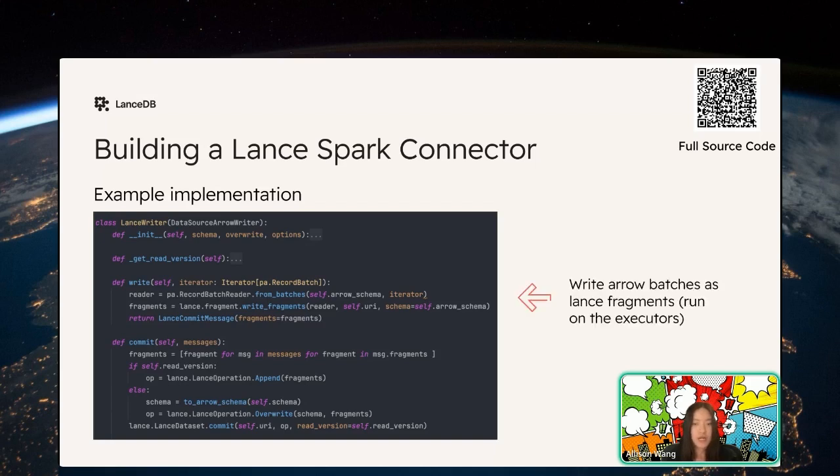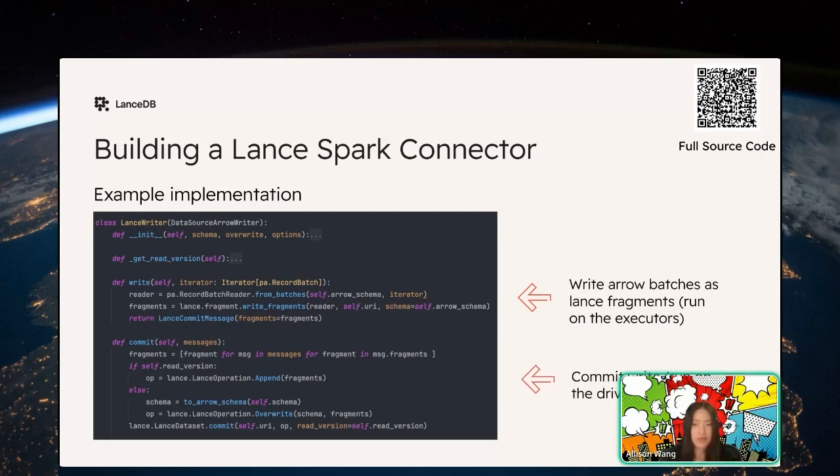The write method here is just 3 lines of code. It takes an iterator of Arrow record batches and writes them as Lance fragments. This entire write process will run on the executor side for each partition.